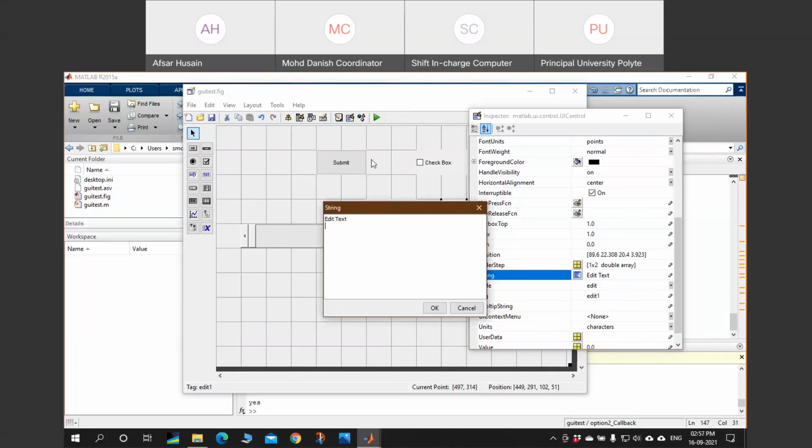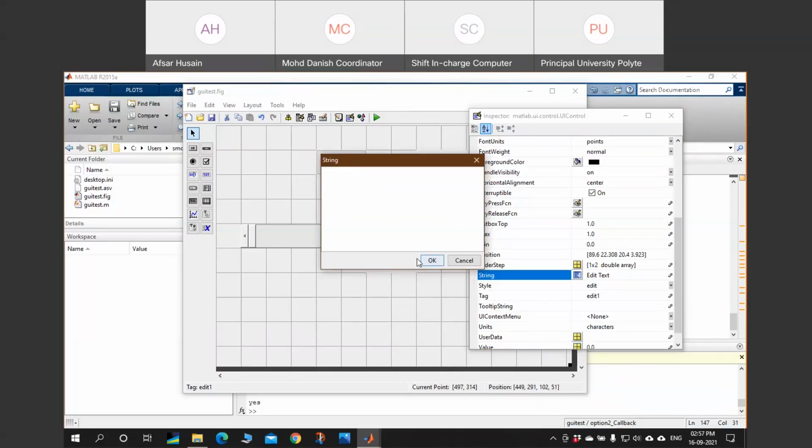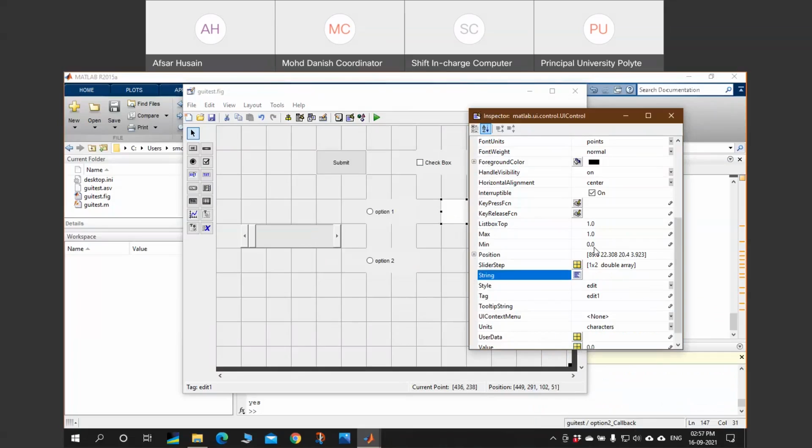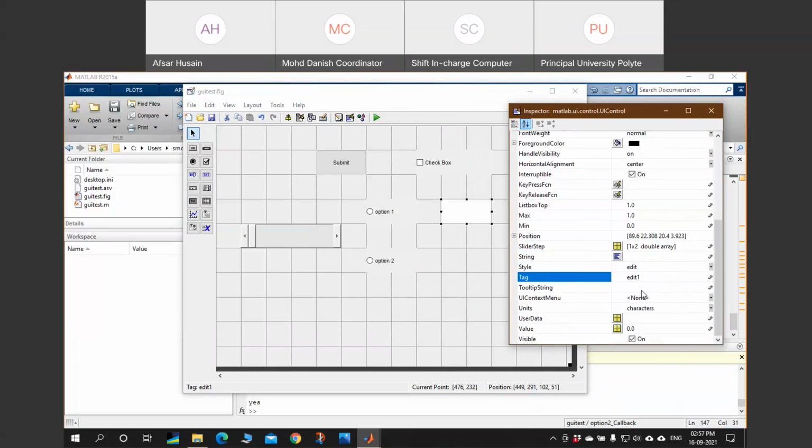If you want some pre-existing text to be written, you can write something over here, or if you want it blank, just leave it blank. I want it to be blank, so I am putting it blank here and naming it edit one. Whatever tag you want, just name it.